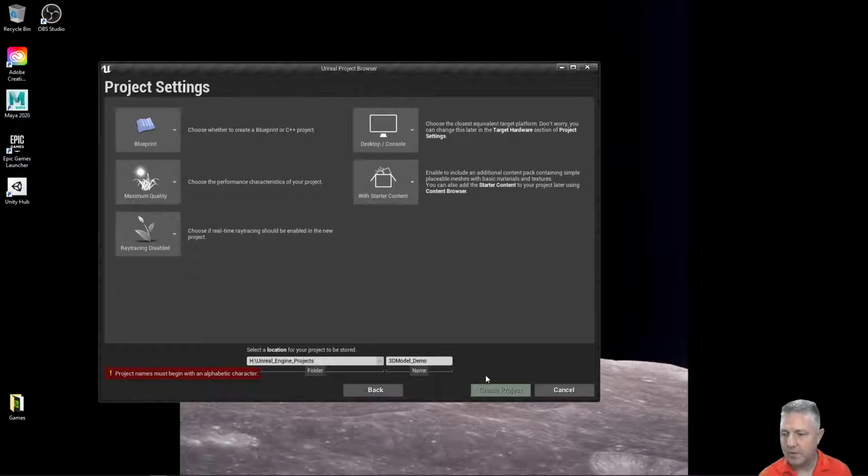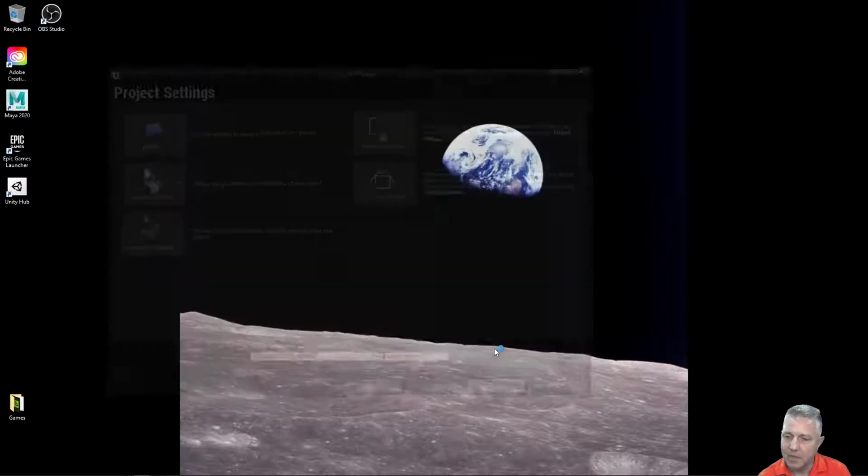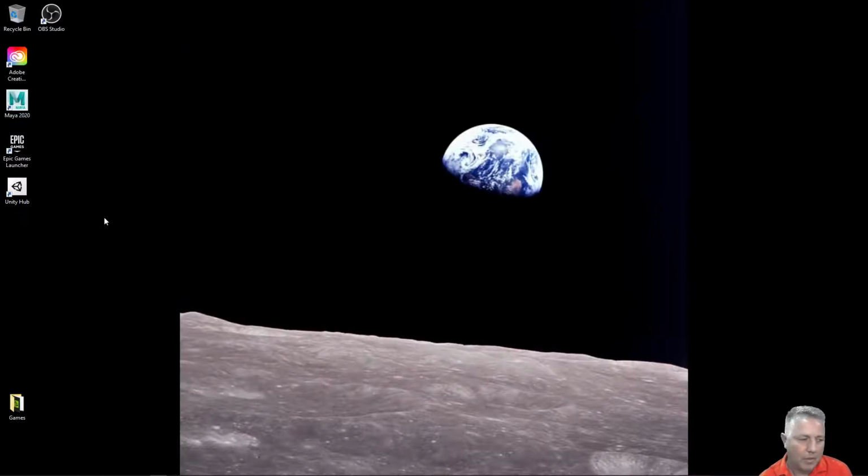You can, of course, name it whatever you want. And, oh yeah, also, it's got to start with an alphanumeric character. So why don't we just call this model demo? And that'll be a good start. So again, a few things that are particular about Unreal Engine. I'm going to go ahead and hit start, and then you're going to get a little pop-up window